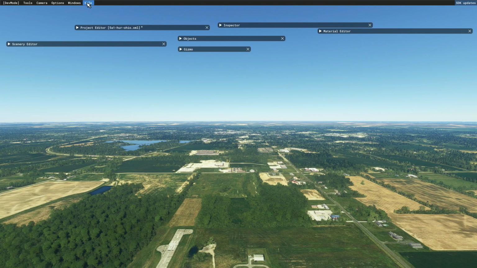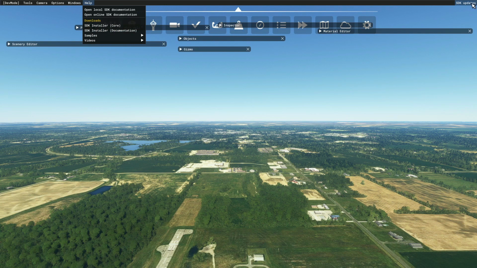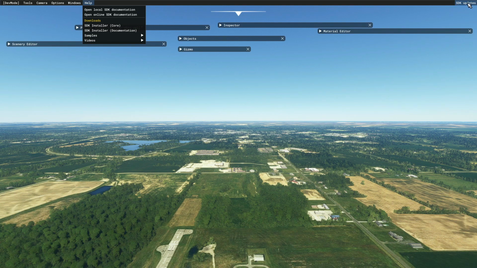Then finally, we're going to look at the help menu. This is where you go if you're going to download. You'll notice up in the right hand corner it says SDK updates. Alright, if it's blue like this and says SDK updates, you really don't have any SDK updates, even though that says updates. If there is a new SDK available for download, it will say SDK updates available, and this will be yellow. Okay, and if that is yellow up there, then you'll come to the help, go to SDK installer,